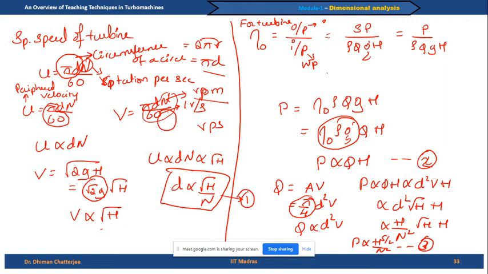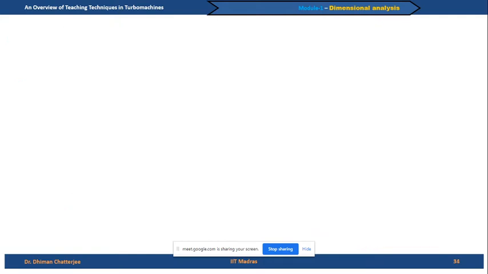Or is it confusing? I don't think it's confusing. You have to divide this into parts. First you have to define the velocity, then we have to come across the efficiency, then we have to come across the discharge. So if you know these three basics, you will arrive at the last formula, that is P is directly proportional to H raised to 5 by 2 into n square.